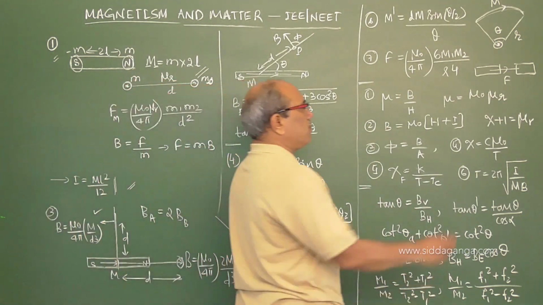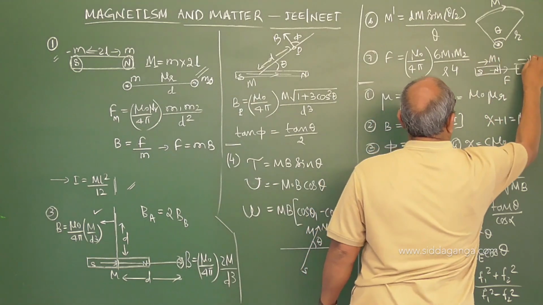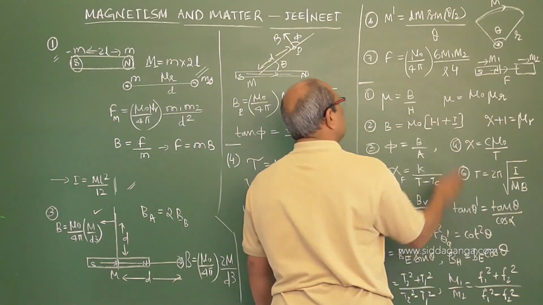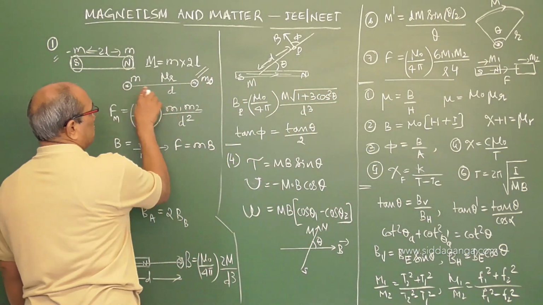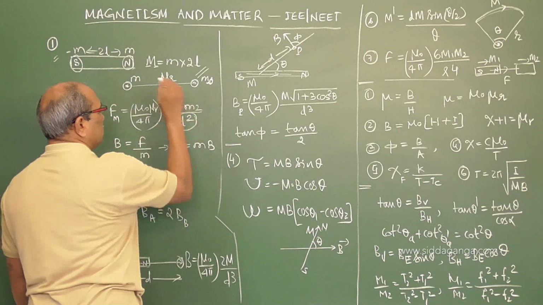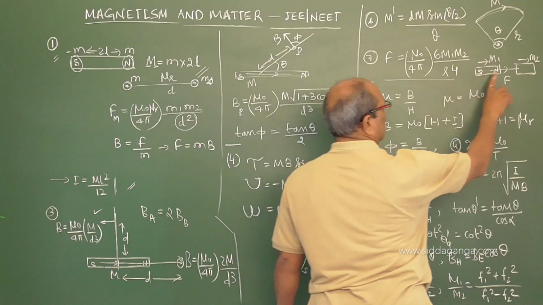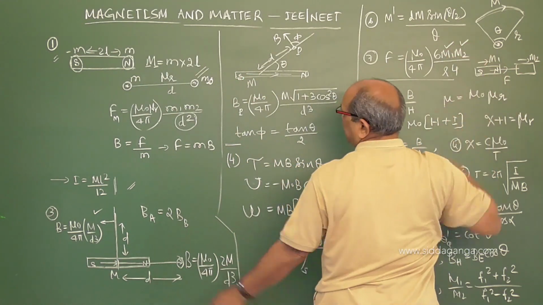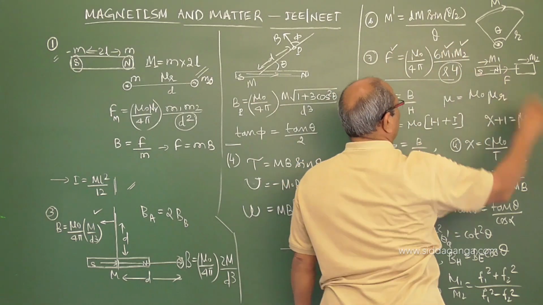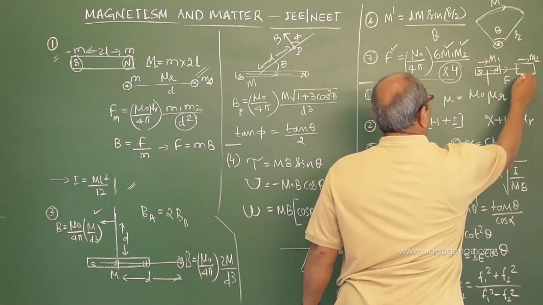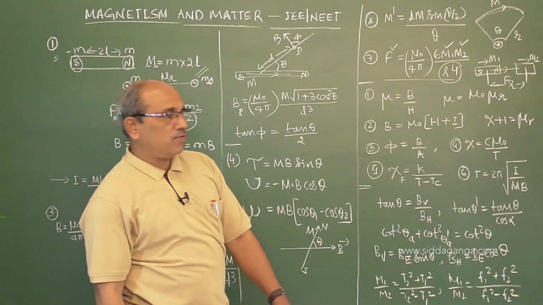Similarly, between the two bar magnets of moments M1 and M2, the force of attraction or repulsion is given by this. There is a large difference, remember: in case of pole strength, it is inversely with square of distance, like in Coulomb's law in electrostatics. But if you consider the bar magnet, they are coming in terms of moments, not in terms of pole strength. And also the force is inversely with the fourth power of separation between the two bar magnets. That you have to keep in mind very carefully.